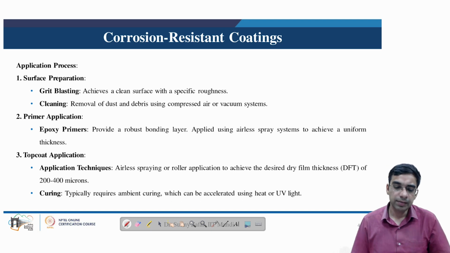Epoxy primers may be applied which provide a robust bonding layer. These are applied using airless spray systems to achieve a uniform thickness. The third step involves application of top coat. Application techniques such as airless spraying or roller application are used to achieve the desired dry film thickness of 200 to 400 micron. After this spraying of the epoxy material, curing of the epoxy material is conducted,